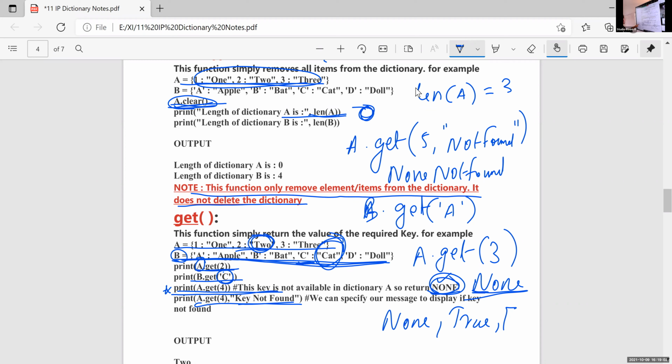So if I am trying to display a key that is not in the dictionary, then it will return none. Along with this none, if I want to display one message, then just write not found. Then it will display the default value plus that message. So none not found. Is it clear, Rahul? Okay.